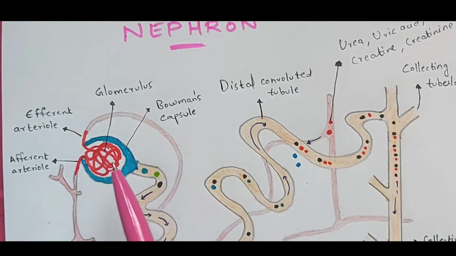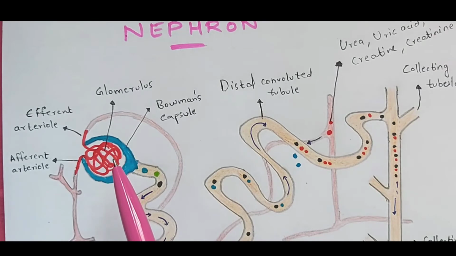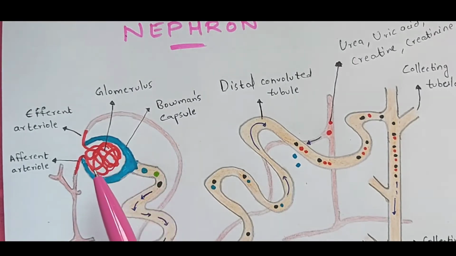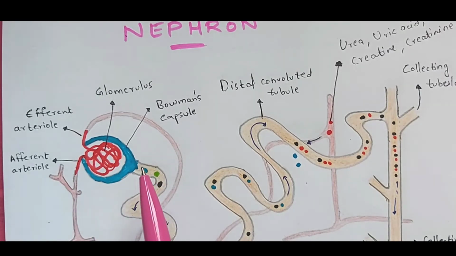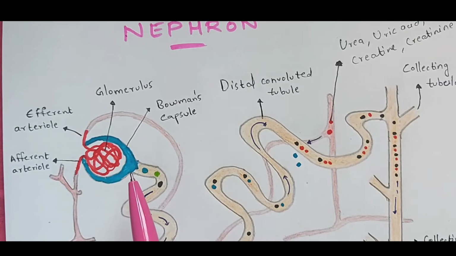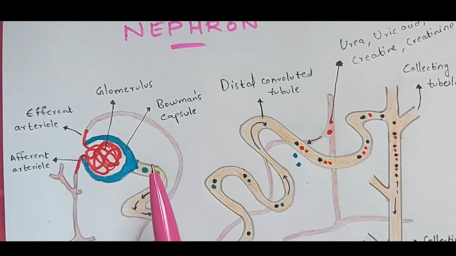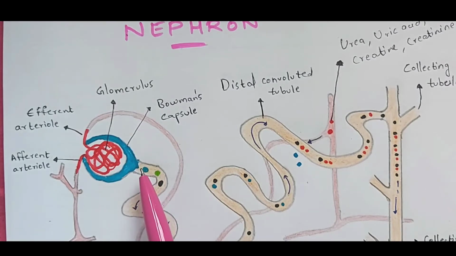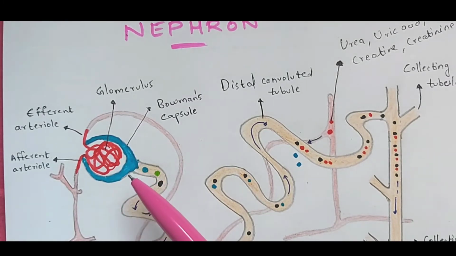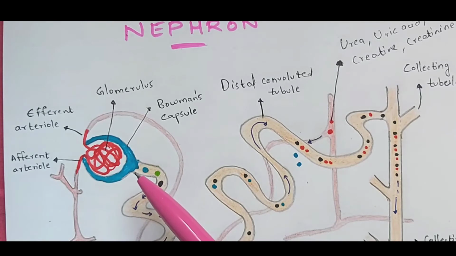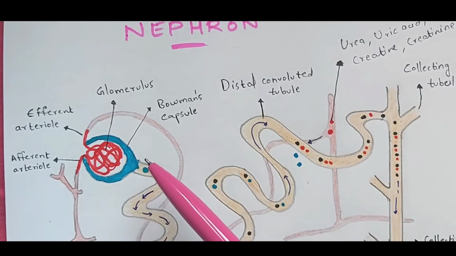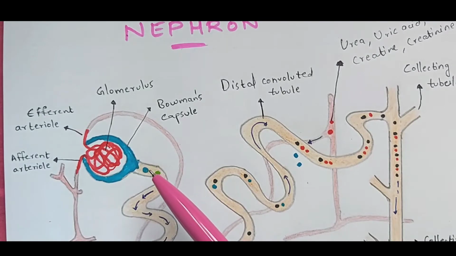So now what will happen in this glomerulus? The filtration of these molecules will be done. There are two types of molecules which will be filtered by this glomerulus. What are those two? They are good molecules as well as bad molecules, or in other words, useful molecules or waste molecules. The good molecules are glucose, amino acids, fatty acids, vitamins, Na plus ions as well as K plus ions. Coming to the waste molecules, they are water, salts and waste.